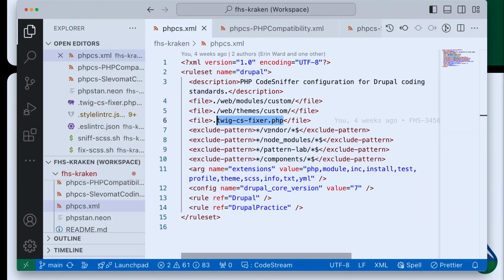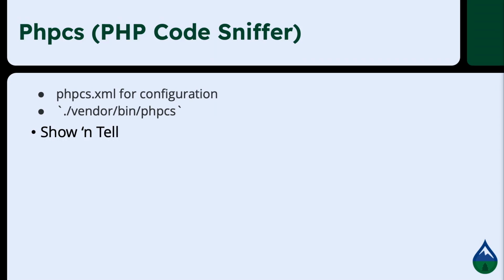You can tell it what extensions to sniff, which config is. Oh, this is wrong. It's saying 7. Although I found this doesn't really do anything. So anyway, that should be 10. And then what rules you want to be using. In this case, we're using Drupal and Drupal practice, the standard ones that Drupal uses. And so if I go back to the slide and I run this command,